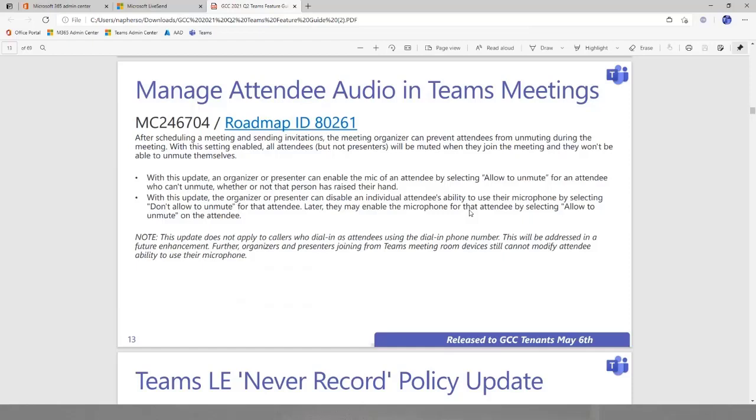When we first launched this, the prevent attendees from unmuting feature, it was either all on or all off, and then if you wanted a single attendee to be unmuted, they had to raise their hand first, which in many contexts was too many steps. So at this point, if you've turned off the ability for attendees to unmute, you can right click on an individual attendee and allow to unmute without them first raising their